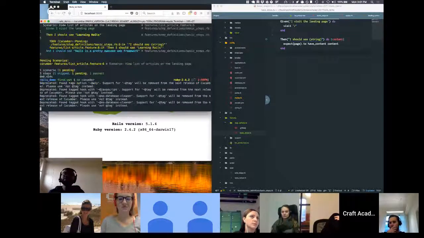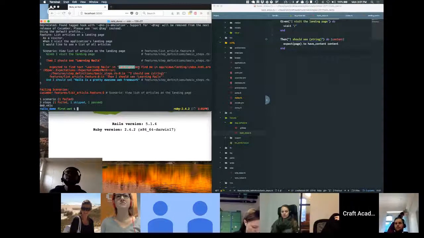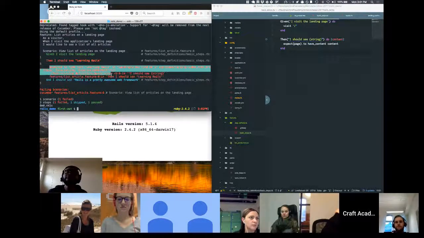And we, of course, do. Now, it tells us that we expected to see learning Rails in the view. So it expected to find the text learning Rails in landing index, find me in blah, blah, blah. All right. So when you read this error message here,